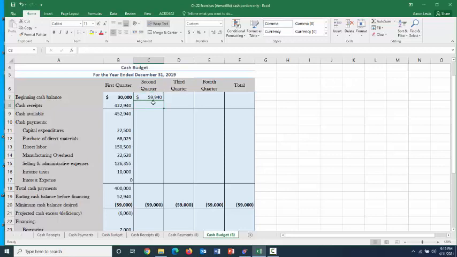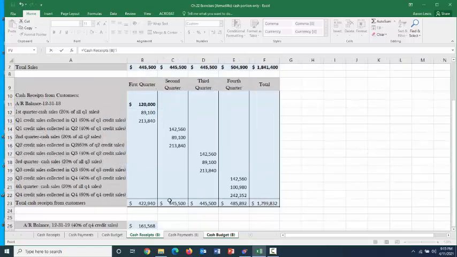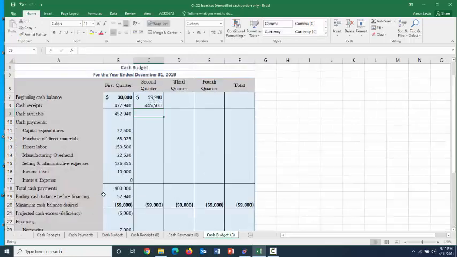$59,940. And to that, we'll add any cash that we collect from customers during the second quarter, which if we go to our schedule of cash payments or receipts, we're expecting to collect $445,500 in cash receipts from customers during the second quarter. And if we begin the period with $59,940 in our bank account, and we expect to receive $445,500 for the payments from customers during the period, the total cash available to Armadillo Phone Cases will be $505,440,